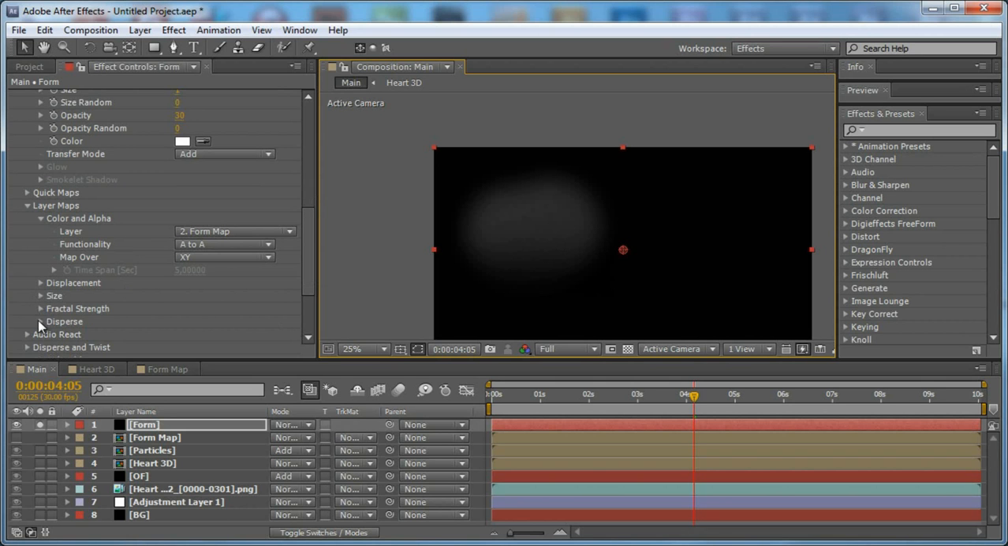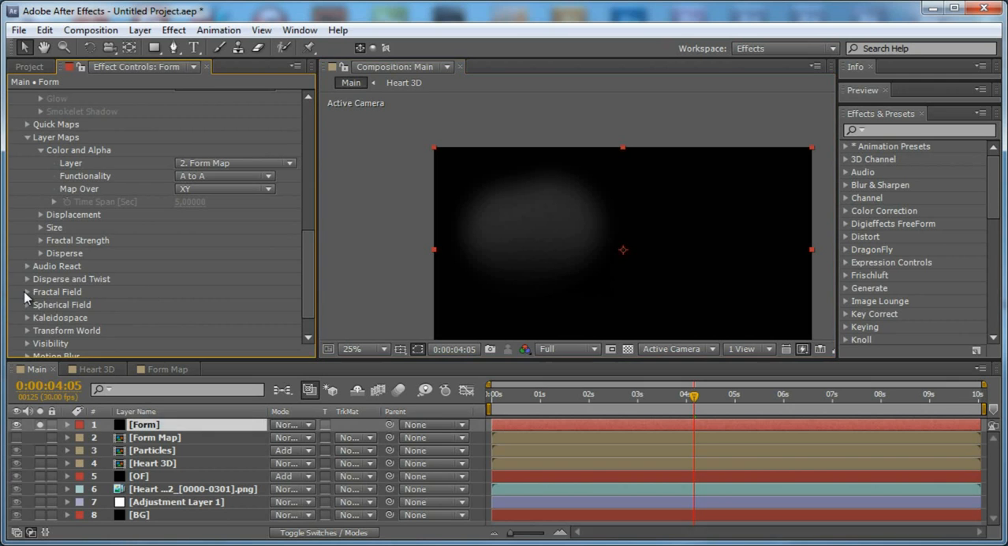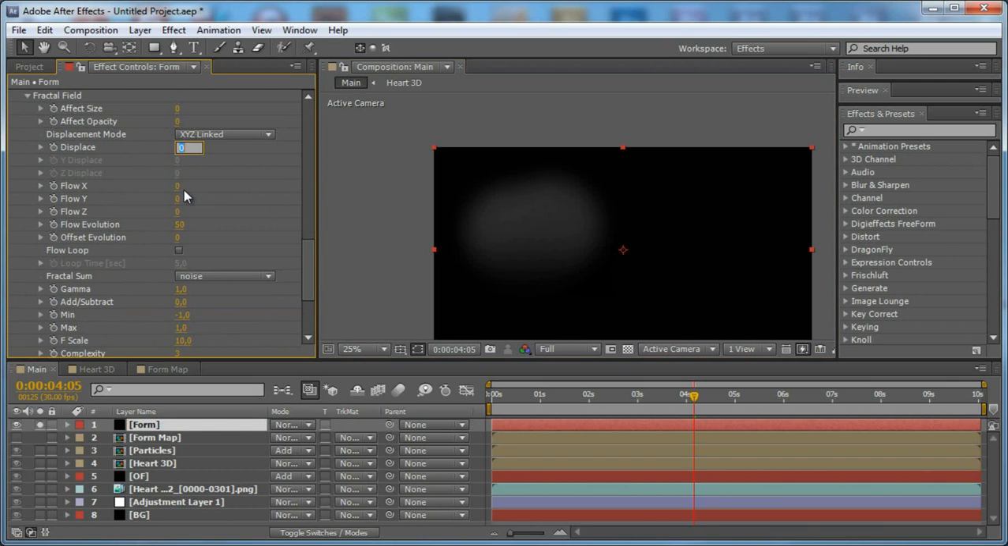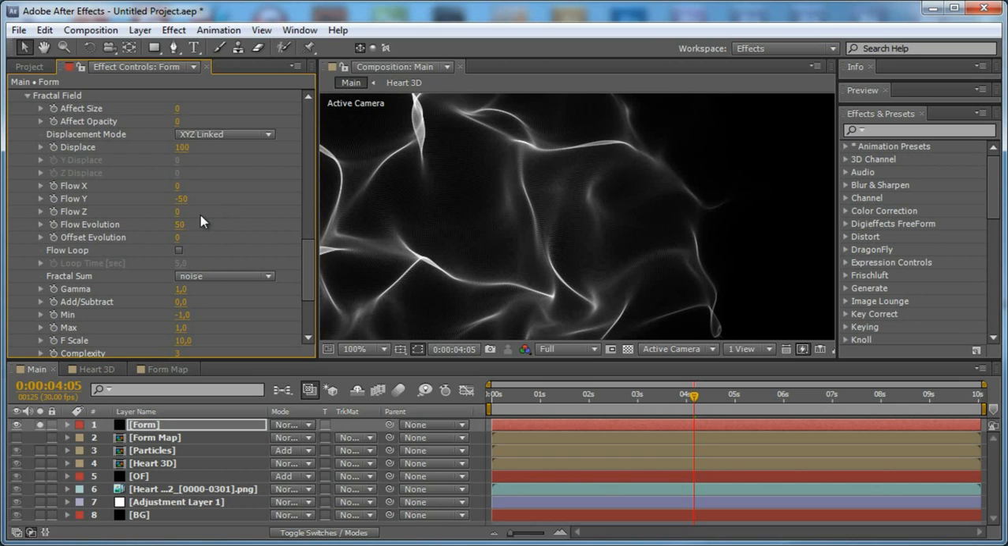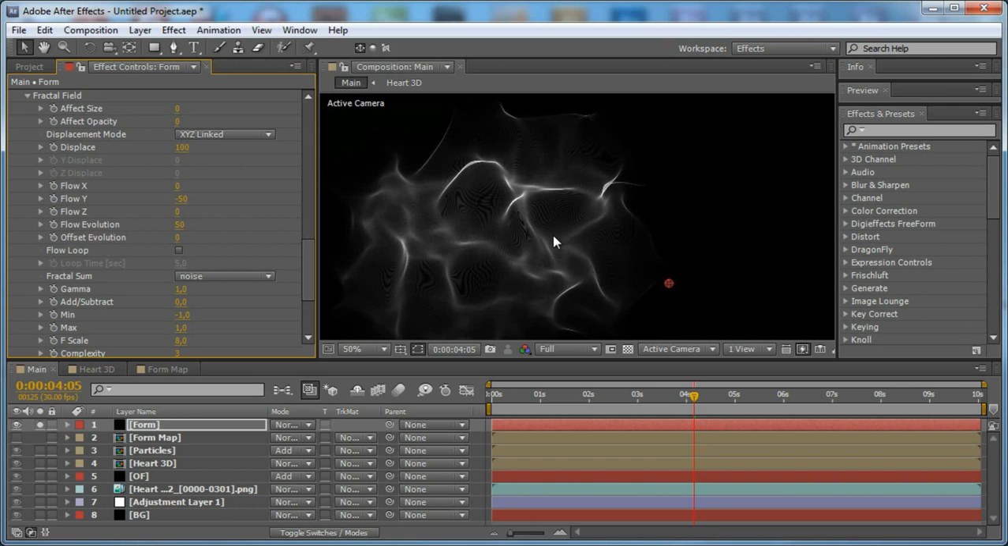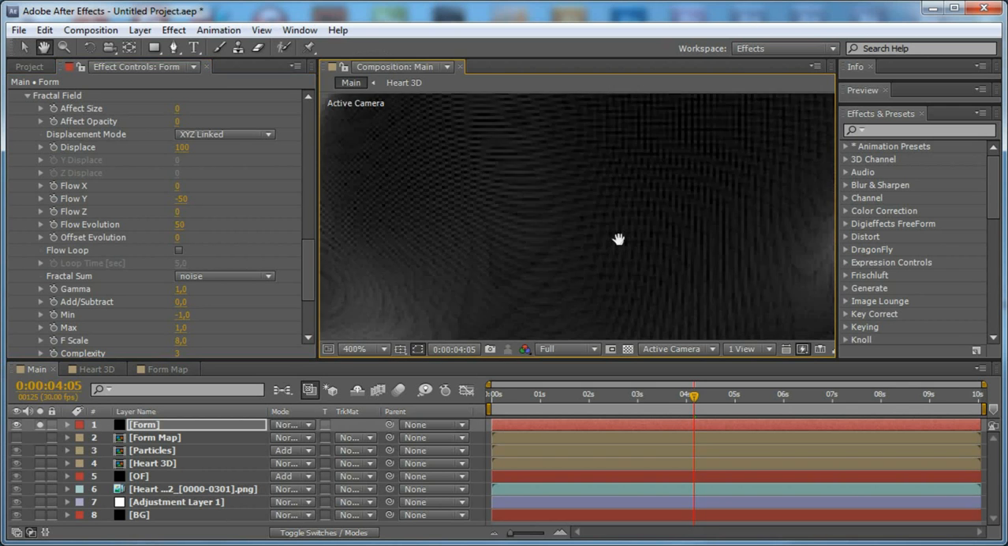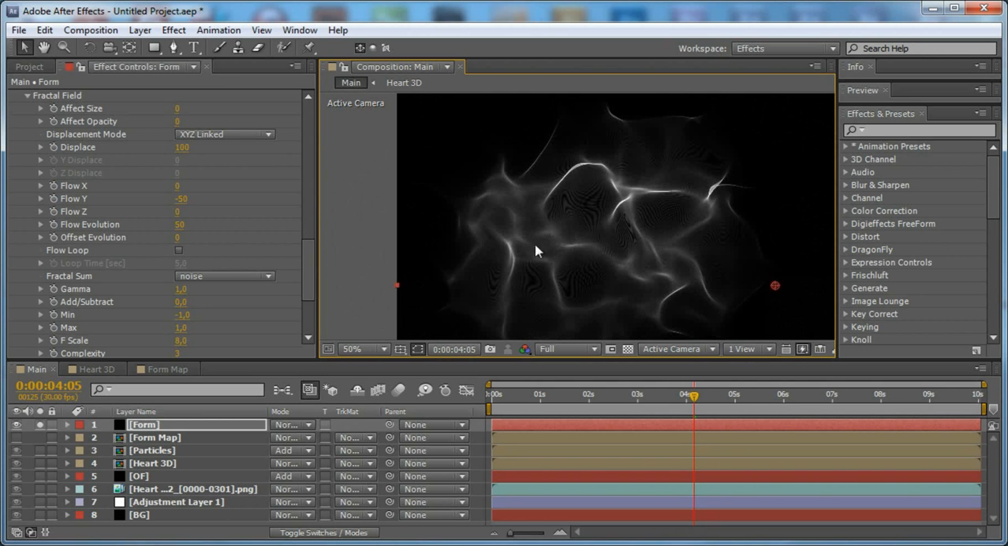Come to the fractal field tab and set the displays to 100%, and we get this nice effect. Set the flow Y to -50 so it moves upwards, and let's change the F scale to 8 so we get a less complex shape. And we need to apply a